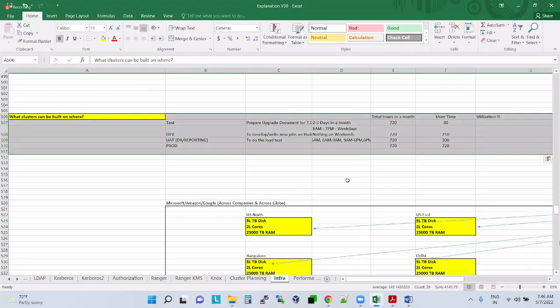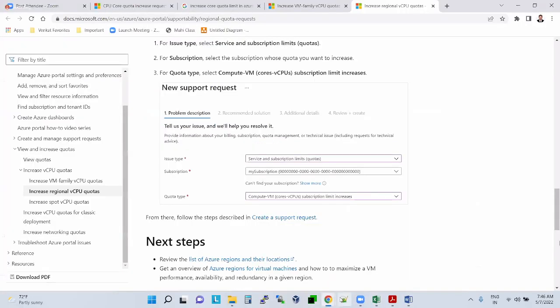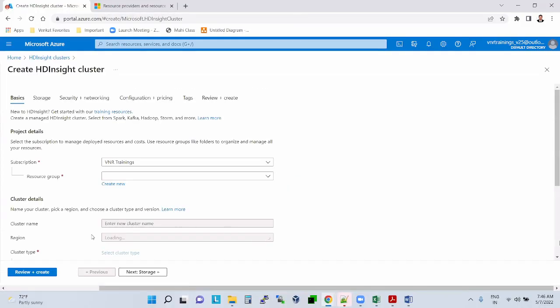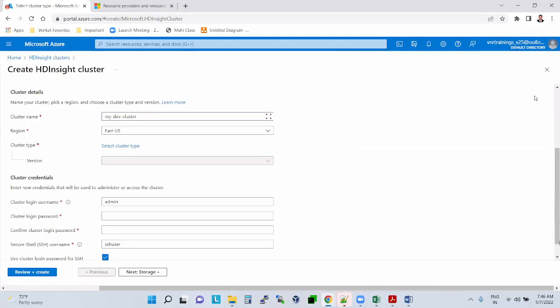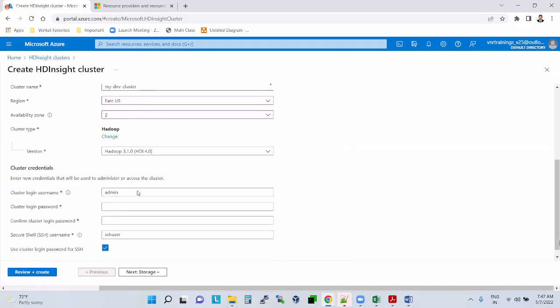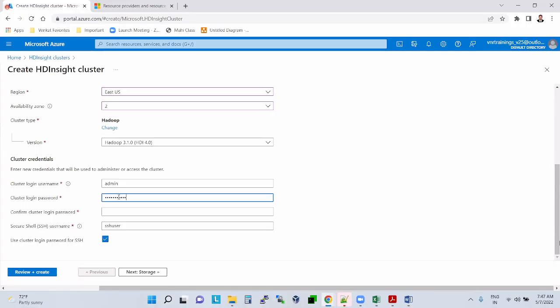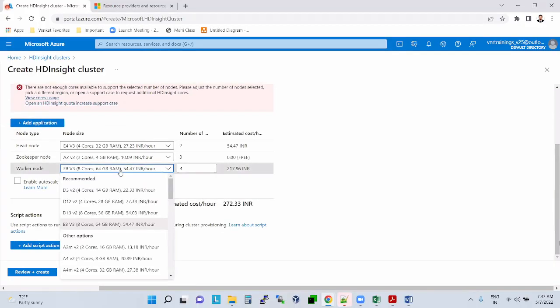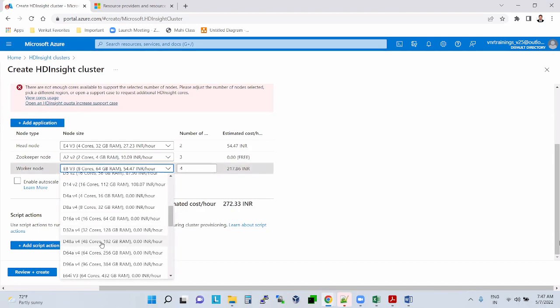And you have seen the cost here. Suppose you take a server, let's say we want 48 cores and 192 GB RAM.